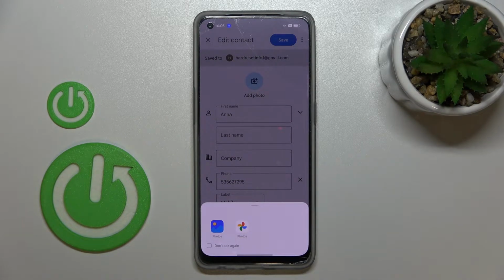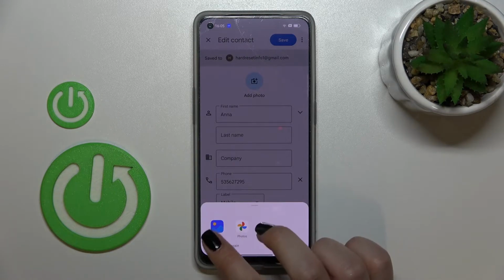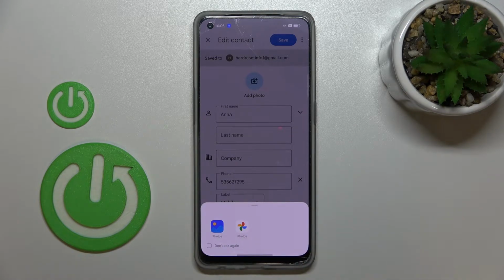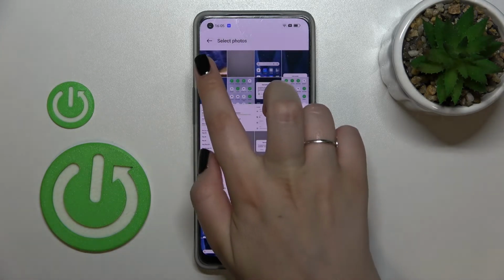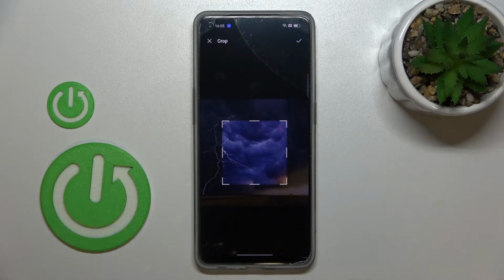Here we have to decide where we want to complete this action, so we can pick the gallery or Google Photos, which is basically the same option. It will transfer you to your own albums. So now we can find the photo we would like to use and tap on it,